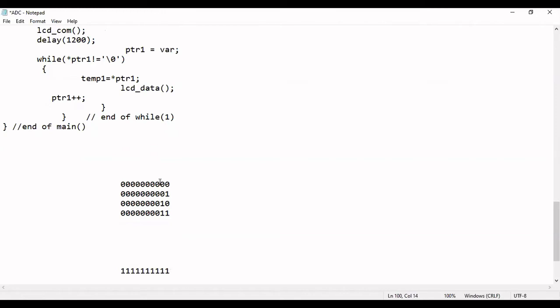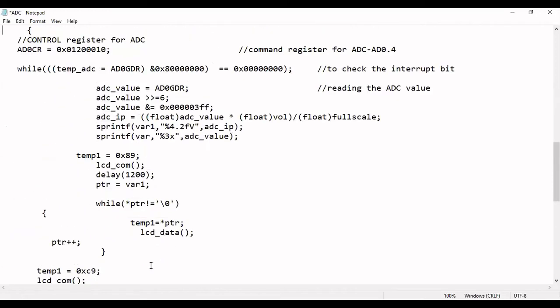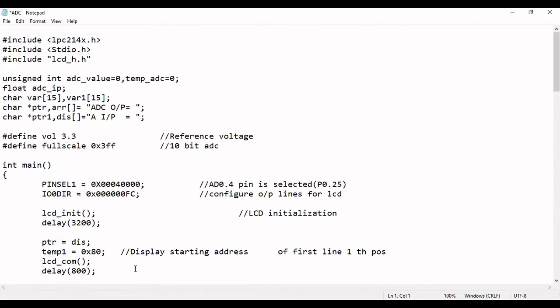If you convert this into groups of 4, this side also two zeros are there, so it starts as 0, 0, 0, 0. But you see the last value. This is 0, 0, 1, 1, which is 3. Then 4 ones followed by F, then 4 ones followed by F. So it is nothing but 3FF. The starting value is 0, and the maximum value after conversion from analog to digital you may get is 3FF. That is the value which we have shown in the program, so we have taken it as the constant. In a 10-bit ADC, the maximum digital value after conversion is 3FF.